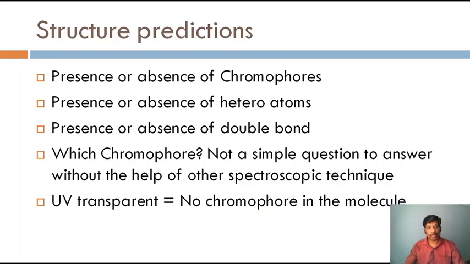But you have another important point: if a compound is UV transparent, that is important. When a compound doesn't give any UV absorption, that is another important piece of information. That means you need not work out any carbonyl compound, any benzene, or think of any conjugation. These are all for sure absent. No conjugation in the molecule, no carbonyl group, no benzene ring. This you can surely say. When the compound doesn't give any spectrum, it is called UV transparent.